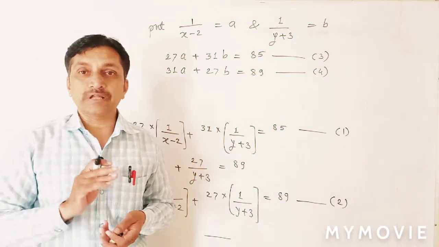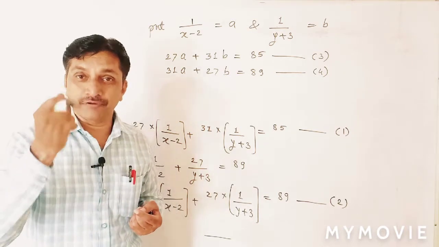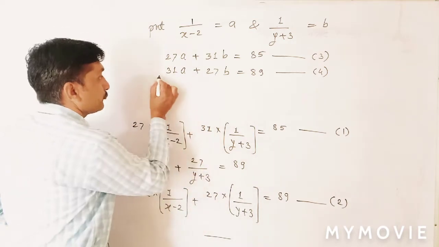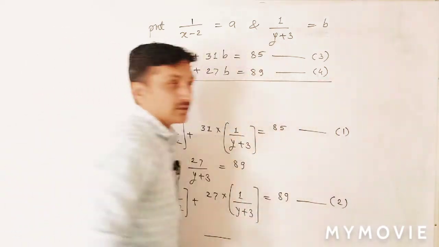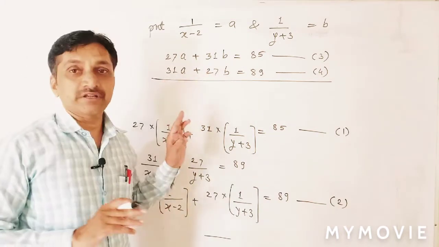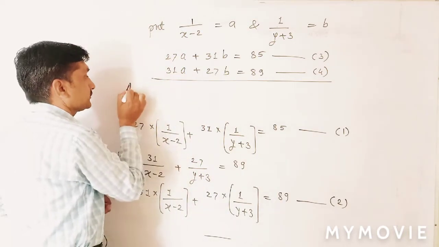And for the particular type of example, we know that first we have to add and second time subtract. Now first I add here. That is specially only for this particular type, only when cross coefficients are equal. Now adding.